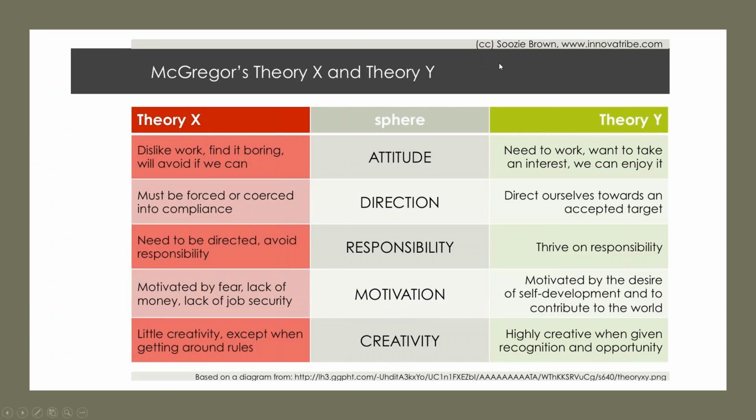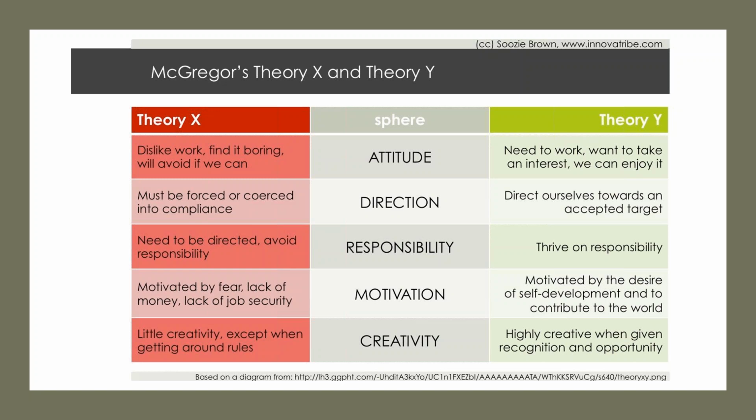Another theory, which is a little bit busier, is McGregor's Theory X and Theory Y. Now, Douglas McGregor was the very first theorist that came up with the notion that really your attitude about people will have a huge impact on the level of motivation in your team. So he argued that there were two types of leaders. There was Theory X and Theory Y. And Theory X leaders, and I'm sure some of you have worked for Theory X leaders, it's not all that pleasant